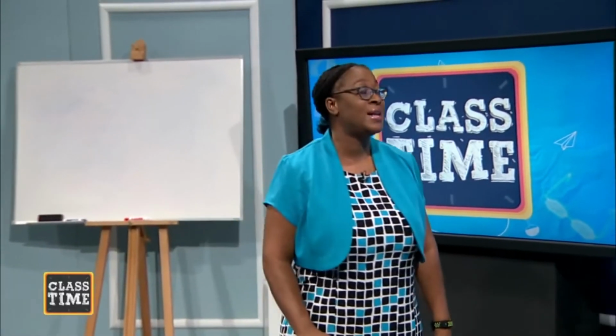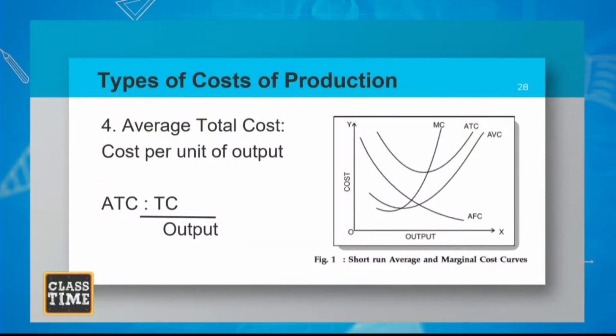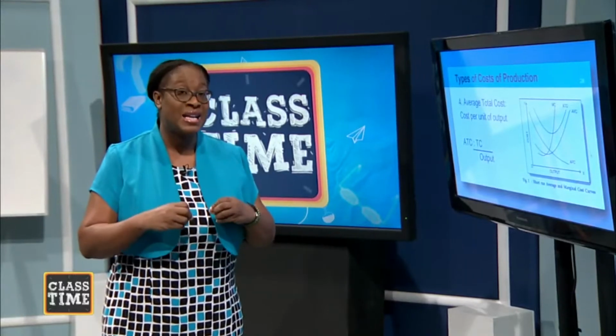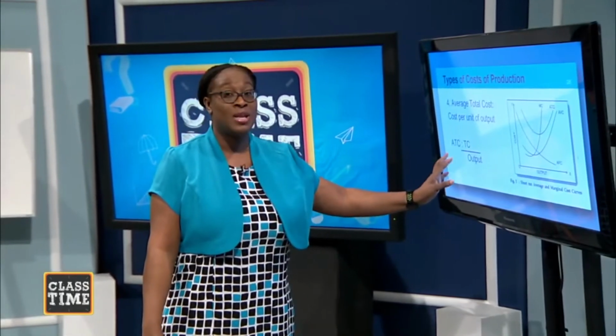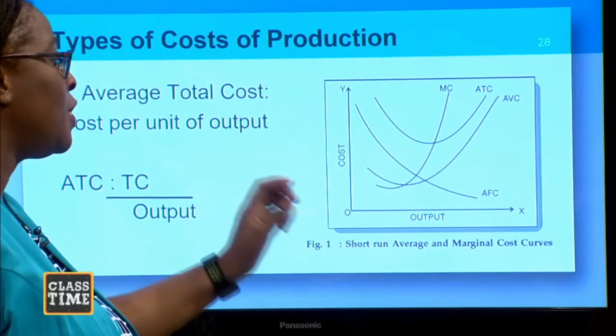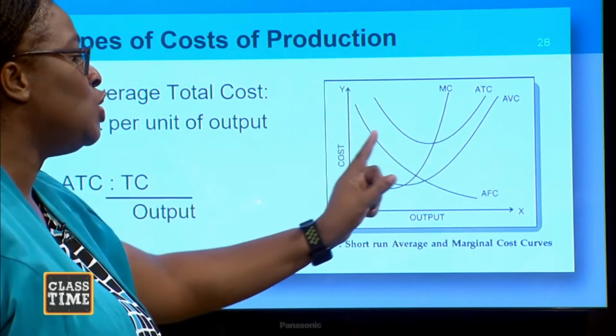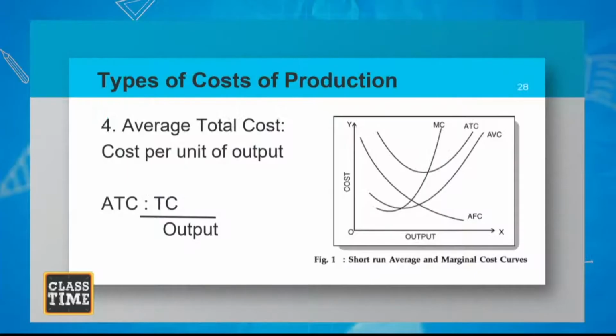Now let's continue by looking at other types of cost of production. We have what is called our average total cost. And your average total cost is simple, the cost per unit of output, right? So you're looking now at your total cost divided by your output. So the formula here, please jot it down. Have a little formula sheet somewhere in your notebook. Your average total cost is equal to your total cost divided by your output. And if you look on the diagram here, and this is for another lesson, but just make note that the average total cost curve is a U-shaped curve. Just keep in mind the shape of the curves. All right? Let's move on